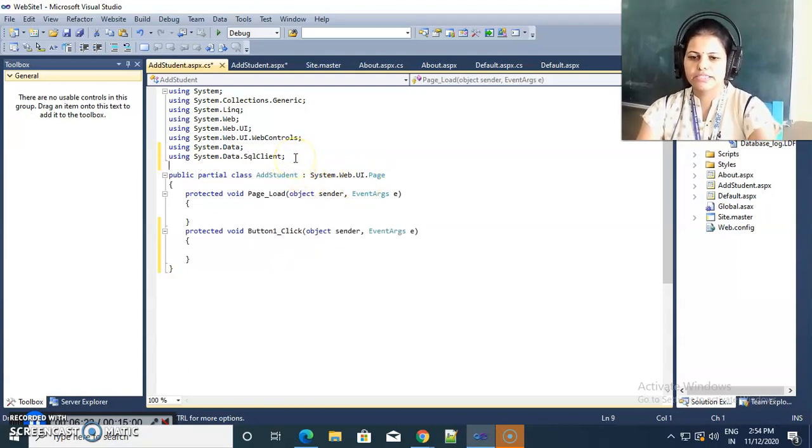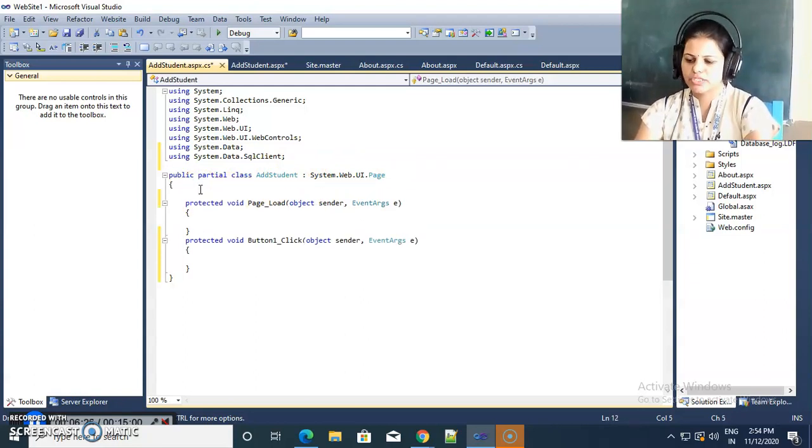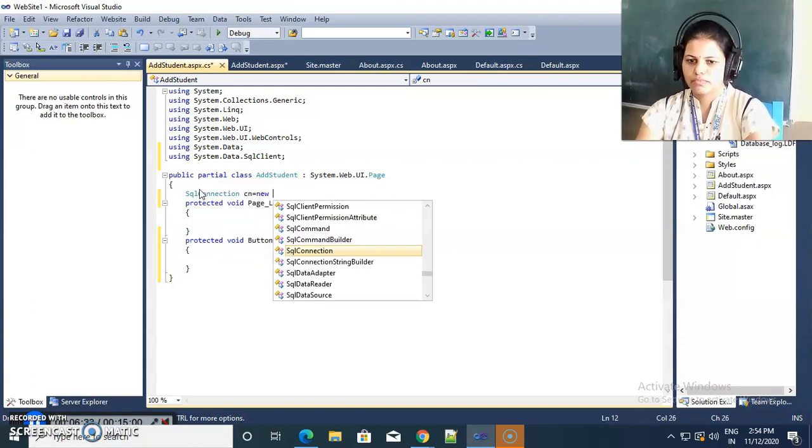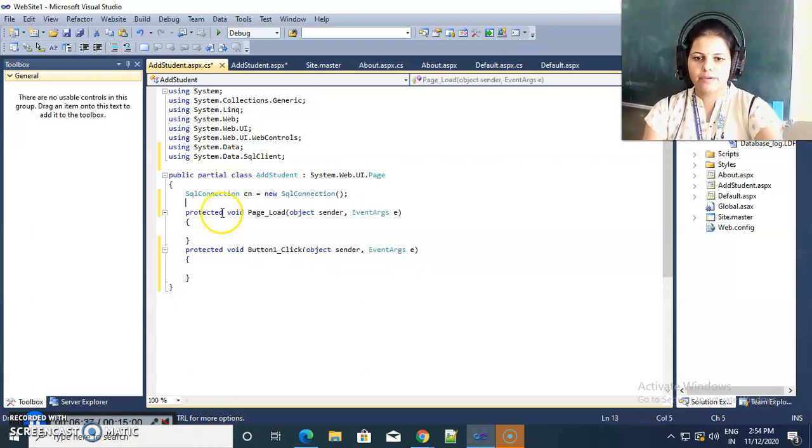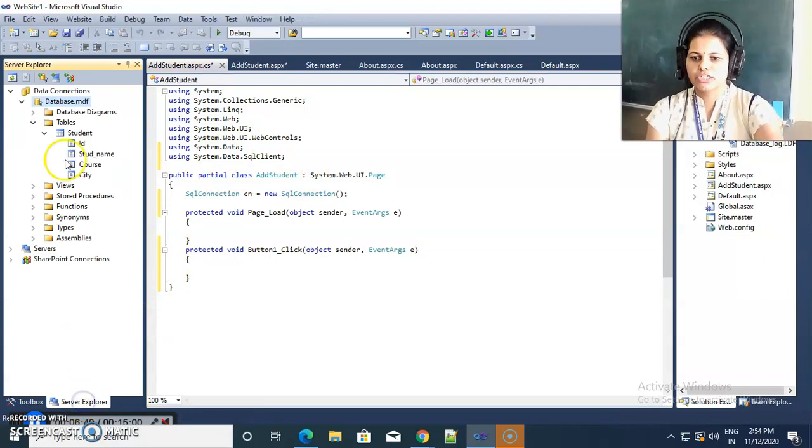After adding these libraries, we can create the object of SqlConnection. cn is equal to new SqlConnection. Inside the brackets as a parameter, we need to give one connection string.